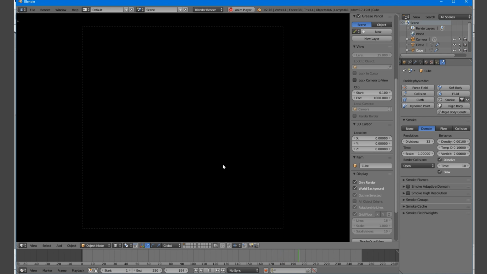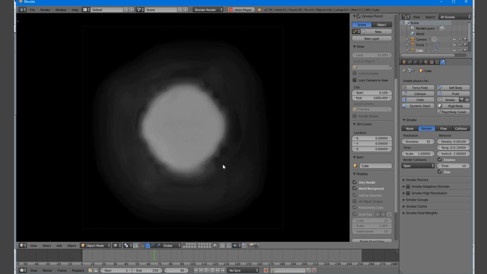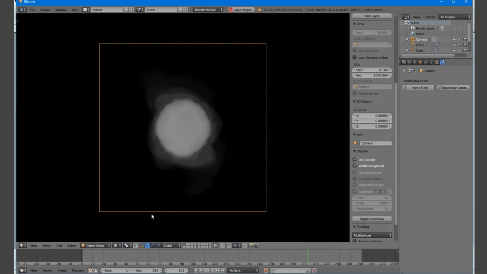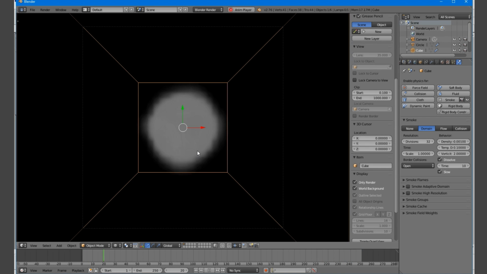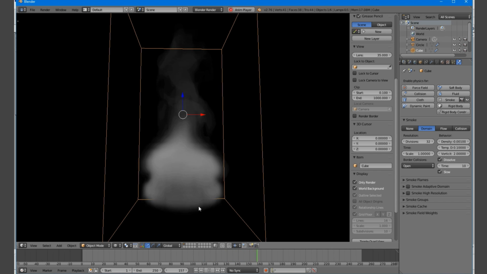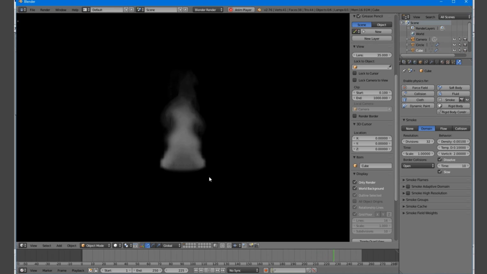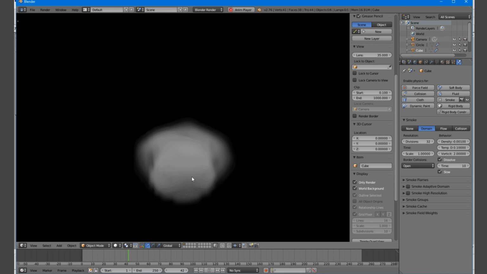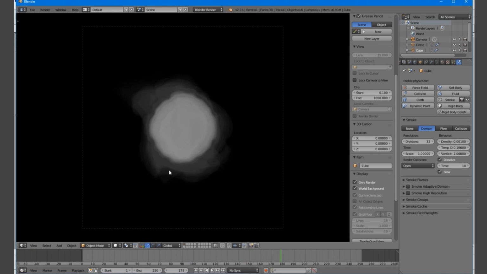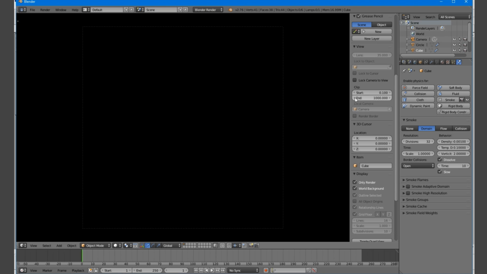Right. So now that we've got that, we have some nice smoke, and it doesn't look quite as good as it did in my first one, but it looks okay. In that one I did use particles, so if I can select this, what you can go ahead and do is have particles coming over here, and then the smoke emits from those particles, which can look quite nice, but this should be fine. You can come up with better smoke. I'm just teaching you the technique on how to turn it into a repeating, tileable, loopable smoke, which is actually